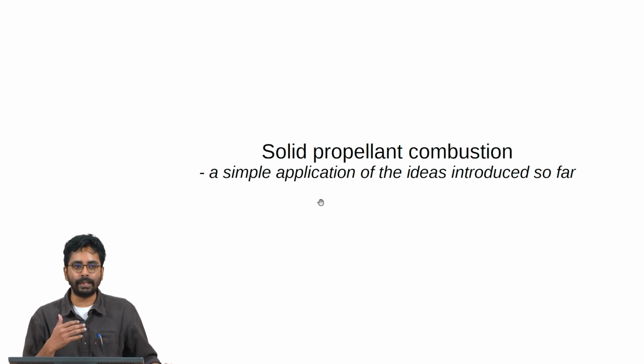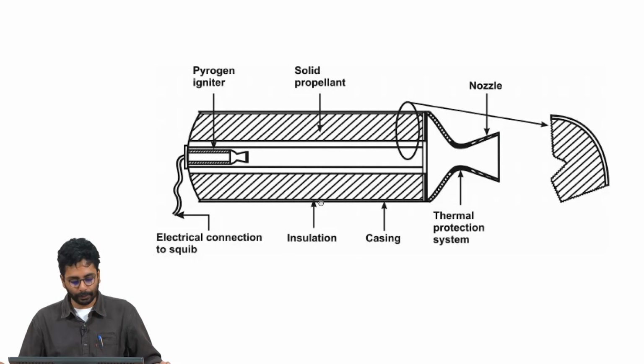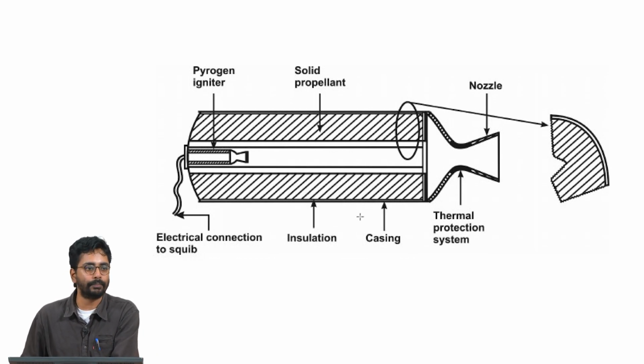But before we go to the full description of the flame structure over a composite solid propellant, let us do a quick overview of the basics. So, this is how a solid rocket motor looks. A metal casing into which a propellant is filled, and the propellant cross section can have a variety of shapes. Remember that the burning happens along the local normal, and therefore several different shapes are conceived to have a certain burning area variation with time.